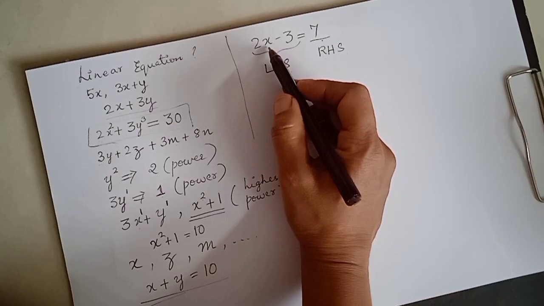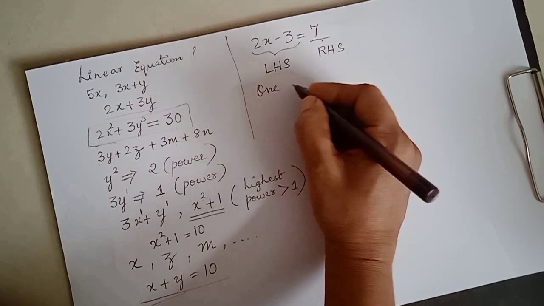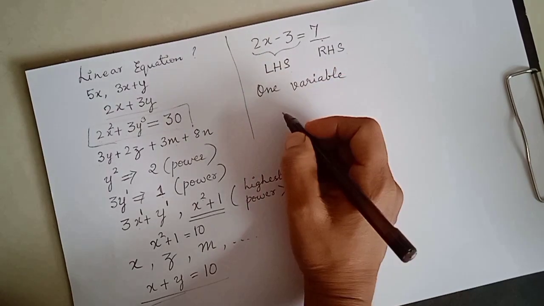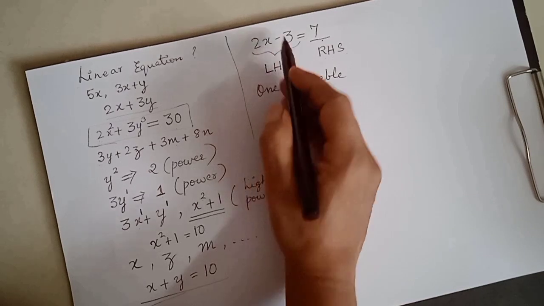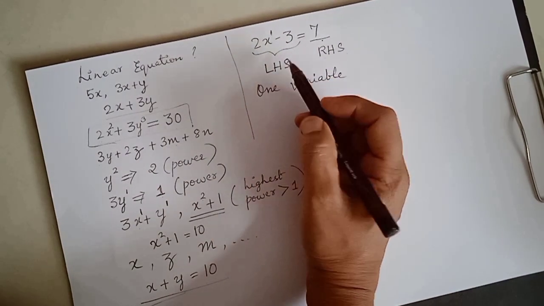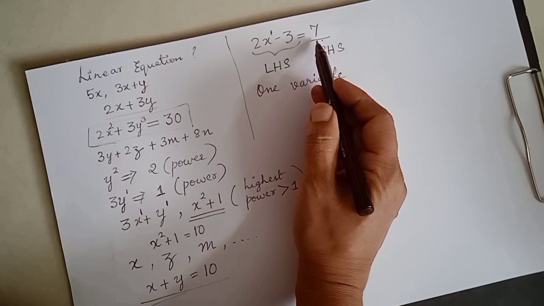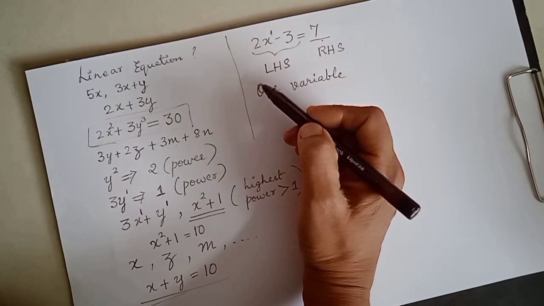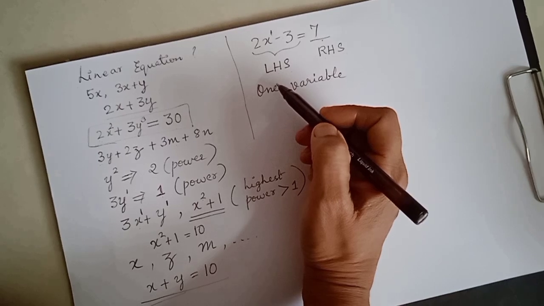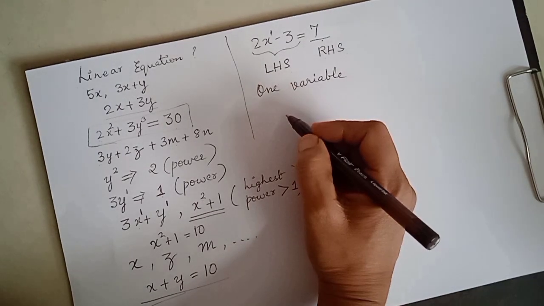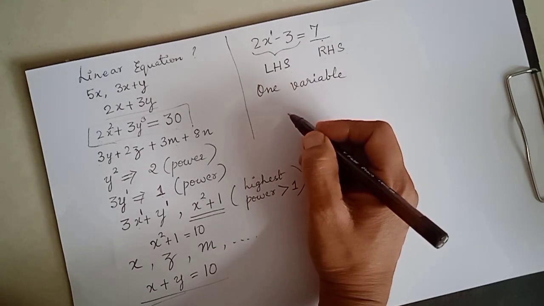The variable is only one, that is x. At the same time the power of x is 1. Therefore it is called a linear equation in one variable x. Understood? The name of the lesson, linear equations in one variable. And now let's move on to